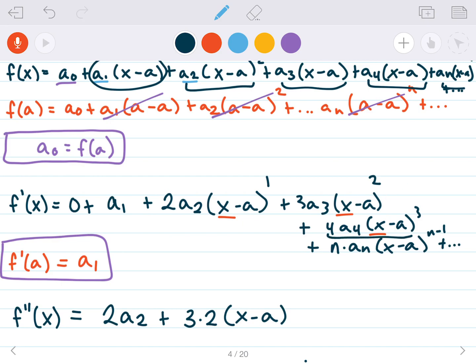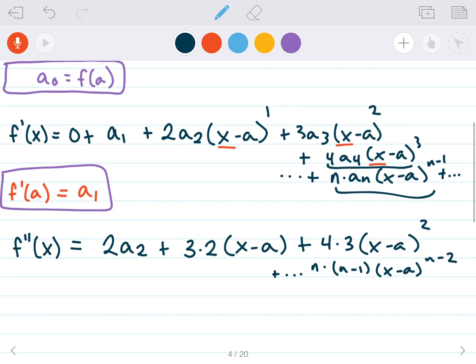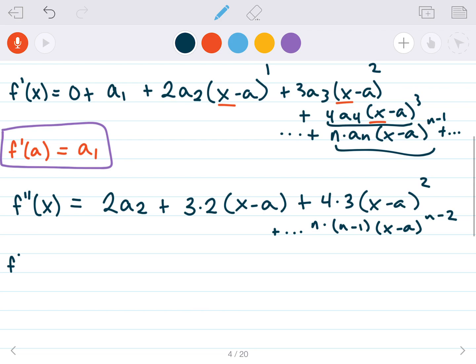Going on to the next term right here, I have 4 times 3, x minus a squared. So that's the derivative of that guy. And finally, plus dot dot dot, I have n times n minus 1, x minus a to the n minus 2. Just using the power rule, taking the derivative of this guy. So that is that. Now, if I plug in, again, I'm doing the same old thing here. If I plug in a into the second derivative,